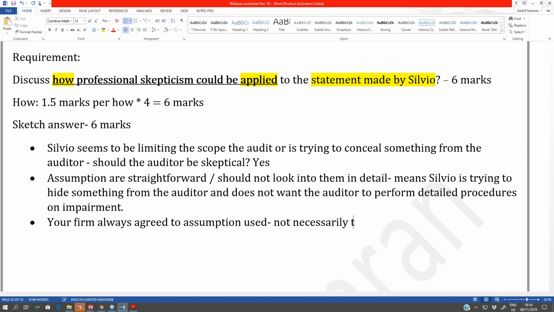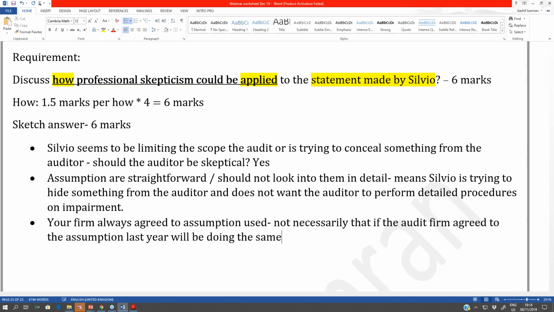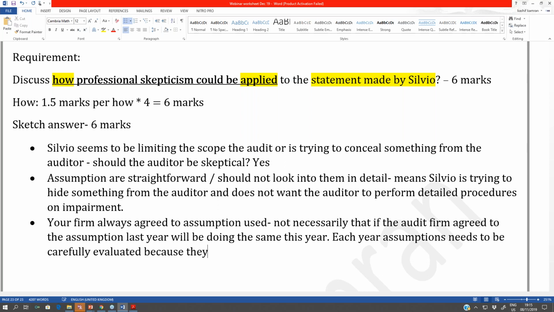Not necessarily that if the audit firm agreed to the assumptions last year, it will be doing the same this year. Each year, the assumptions need to be carefully evaluated because they have a high risk